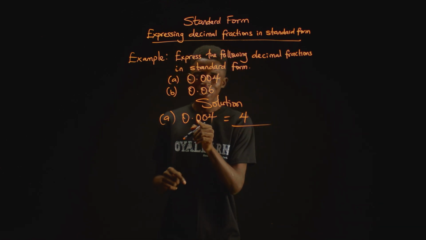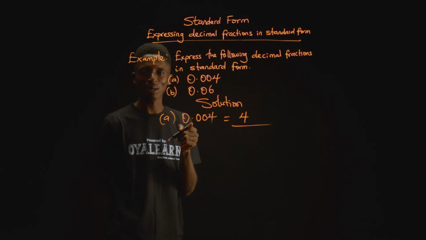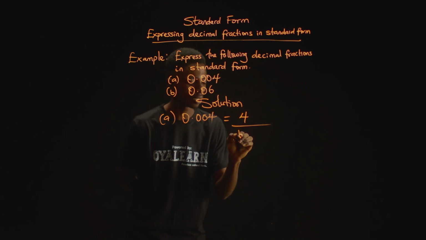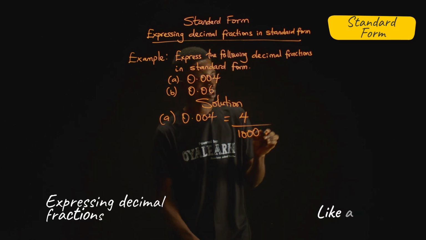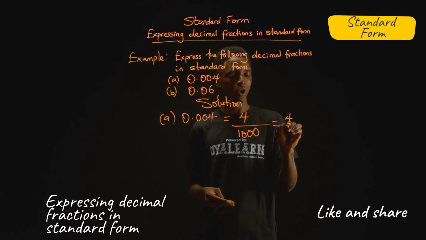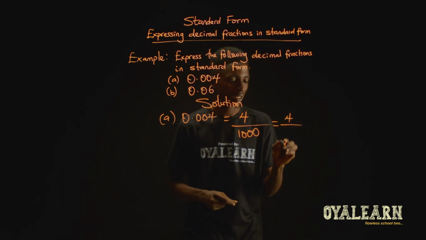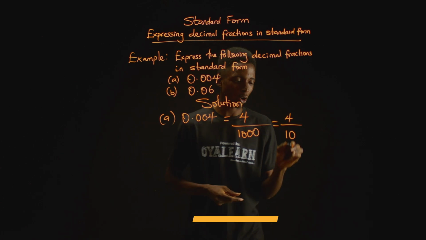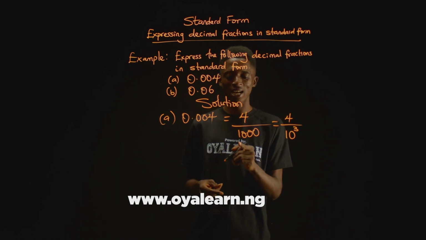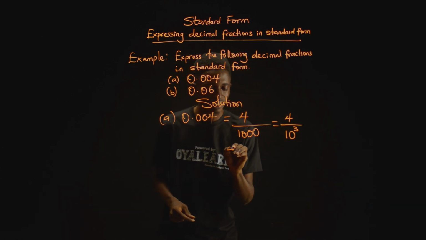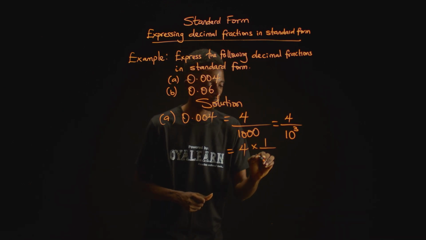Now we're going to write, count with me, we have 3 digits, as you can see here, after this decimal point. So that means what we'll have here will be 1,000, since there are 3 zeros in 1,000. What this means is that we have 4 over, now let's write 1,000 in index form. That will be 10 with a power of 3. Now how I know this is 3 is because there are 3 zeros after 1. So to express that, we write it like this, where we have 4 multiplied by 1 over 10 raised